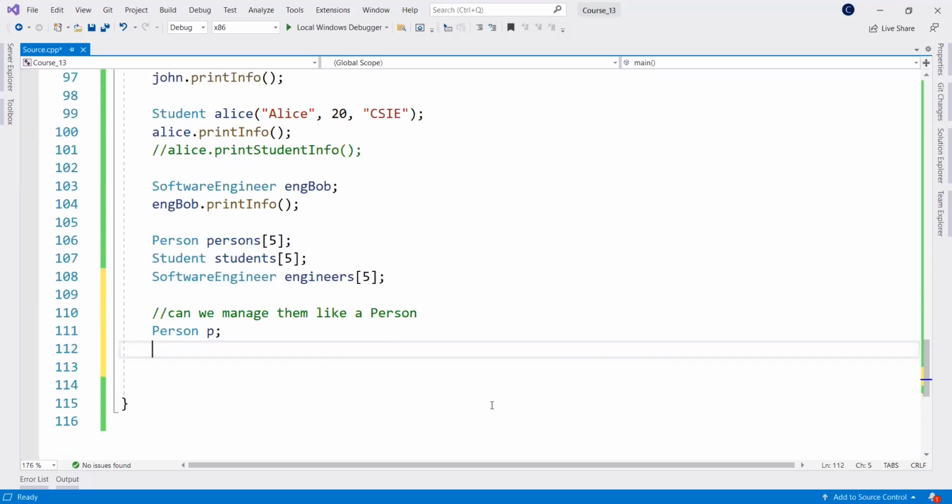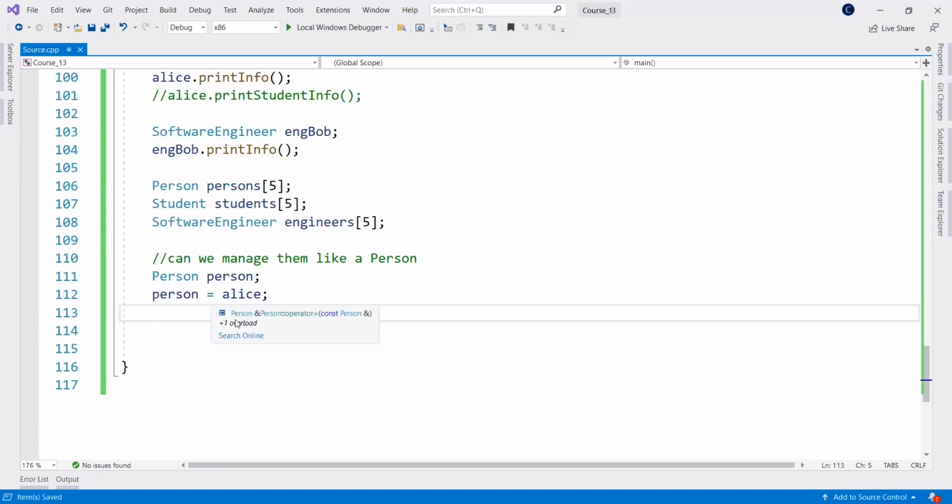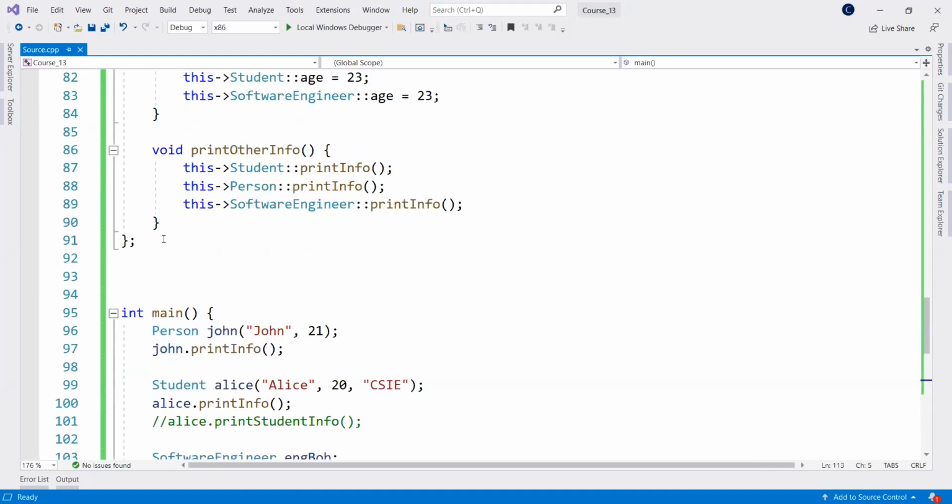Can I copy Alice into this generic person? Let's see, person equals Alice. And I see the compiler says nothing, because the compiler is realizing that a student, which is Alice, is extending a person. So for example, if you have here another class,